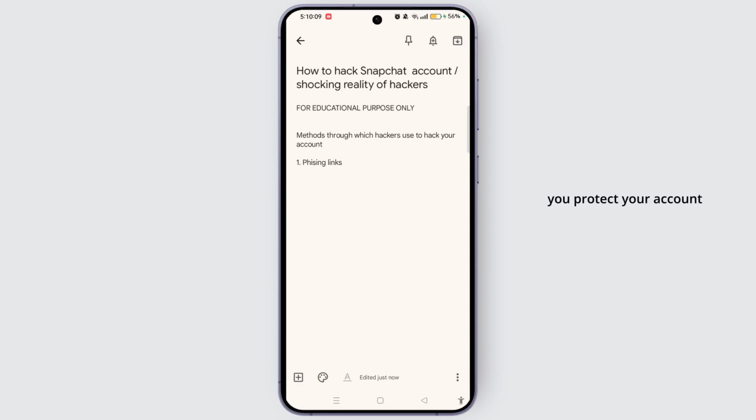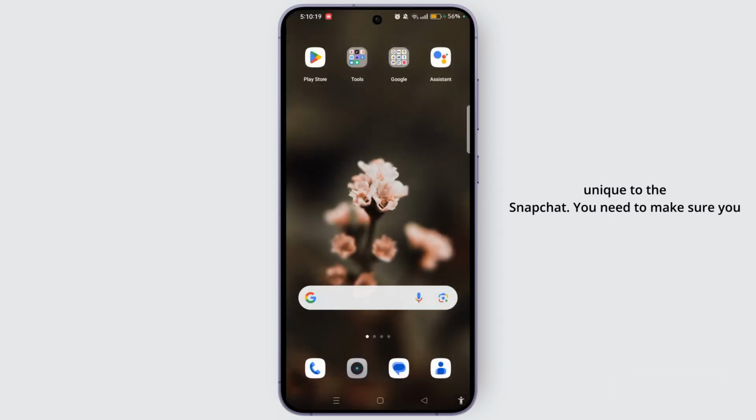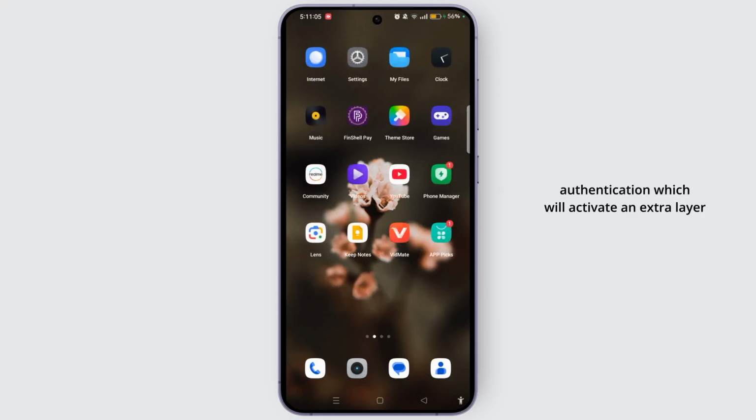But make sure you protect your account by following different kinds of methods, like using a strong and unique password. Always create a password that is long, complex, and unique to Snapchat. You need to make sure you avoid using easily guessable information like your birthday or names. The other method you need to follow is enabling two-factor authentication, which will activate an extra layer